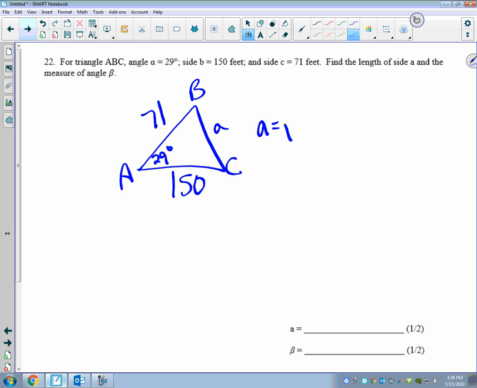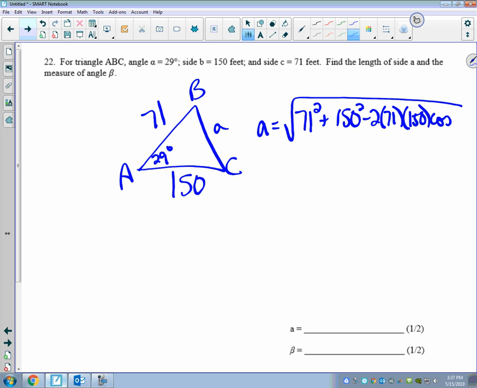So I said a equals the square root of 71 squared plus 150 squared minus 2 times 71 times 150 times cosine of 29 degrees. And I did that on my calculator, and I got